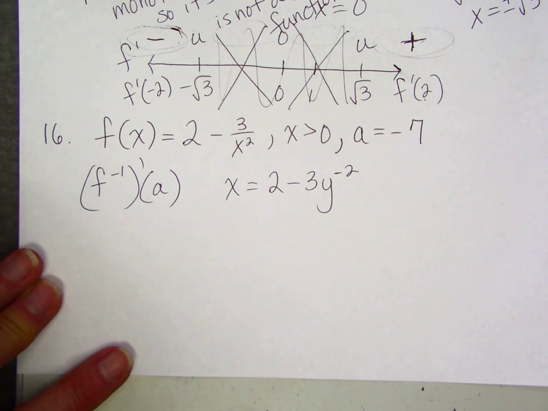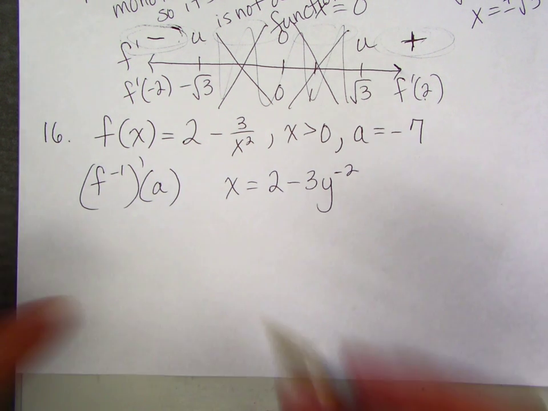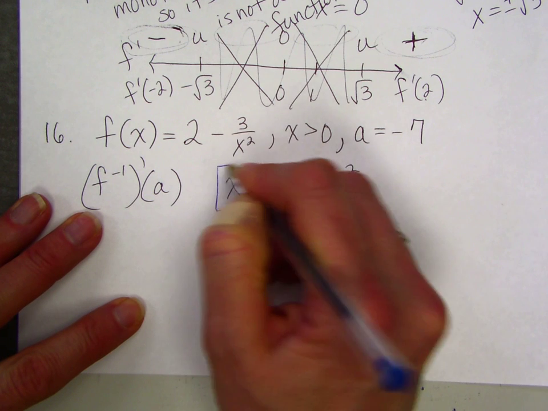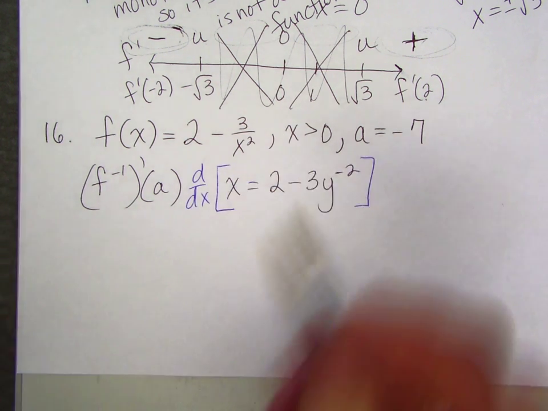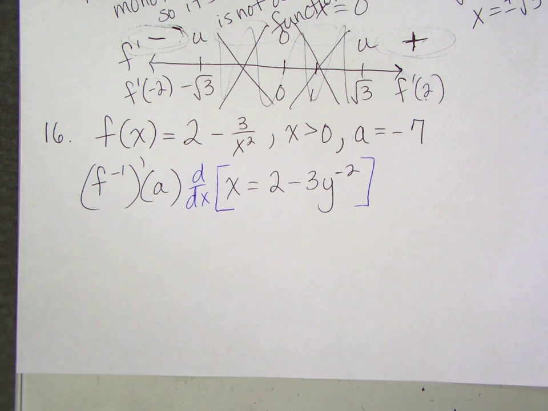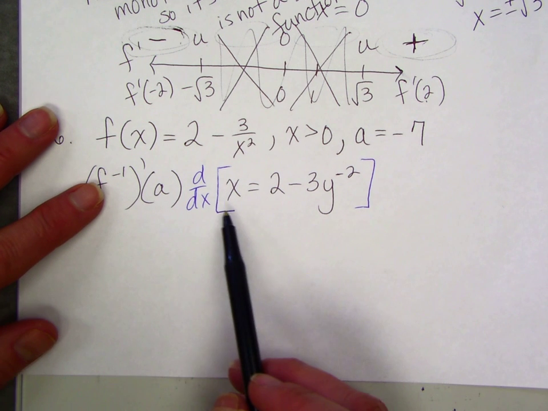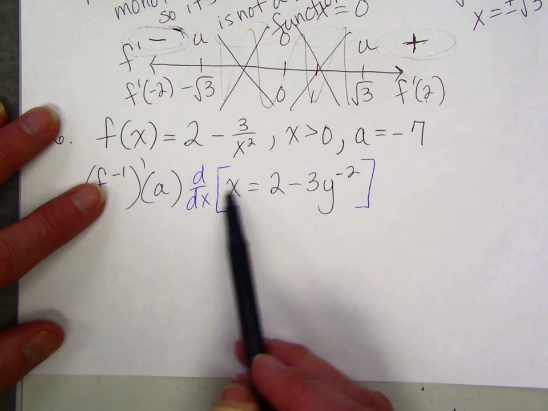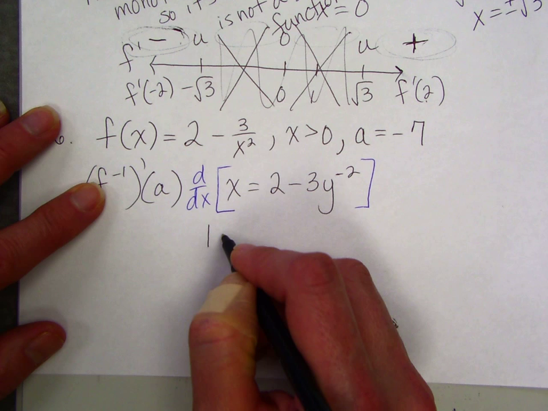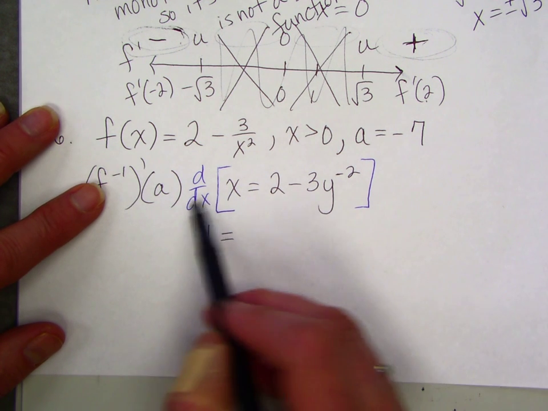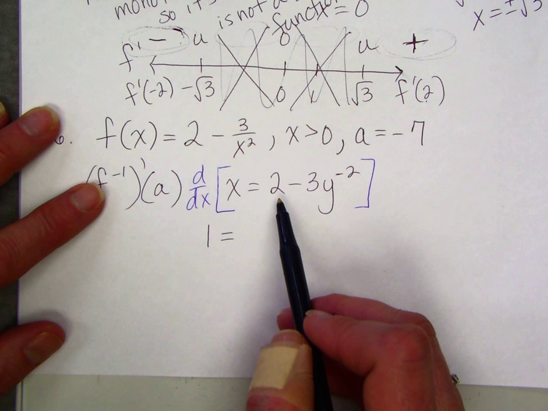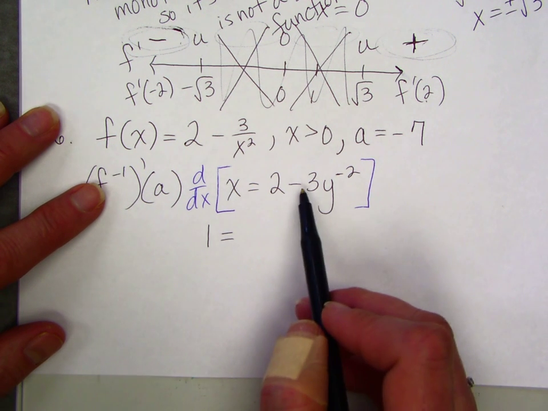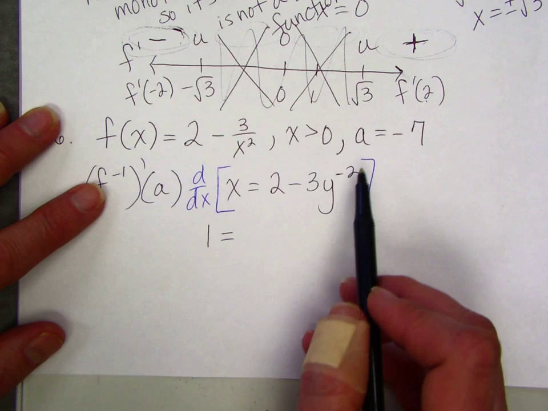Now again, we want this derivative, so we want to differentiate this thing. And we don't have to solve it for y to do that because we know how to differentiate implicitly. So we're going to go ahead and differentiate implicitly. The derivative of x with respect to x is 1. What's the derivative of 2 with respect to any letter? 0. And the derivative of this term, -3y to the -2nd with